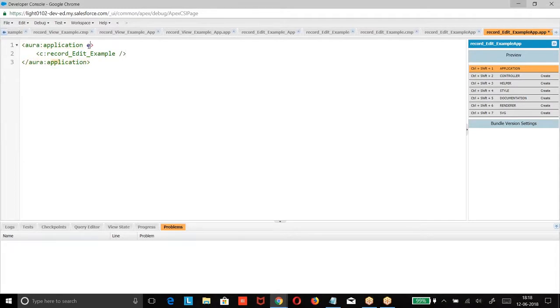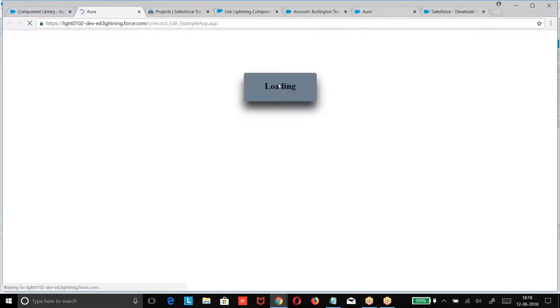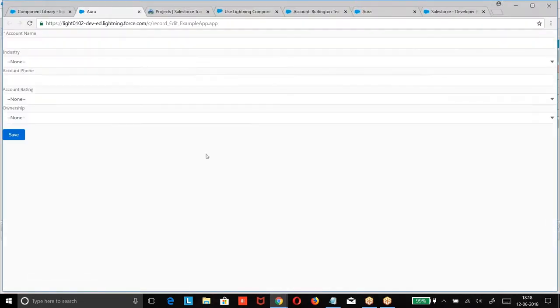Because we are using lightning extends, have a preview. Now in this case, what happened? I have not mentioned the ID. Right? So if I mention the ID, what happens? The data which is there in the record will be captured.